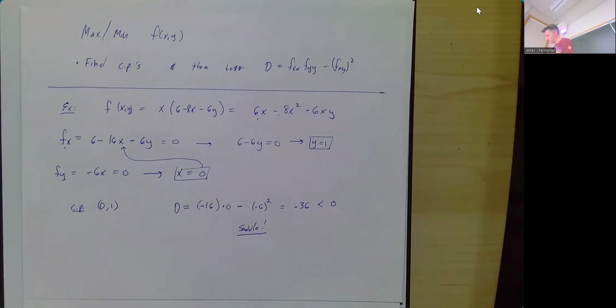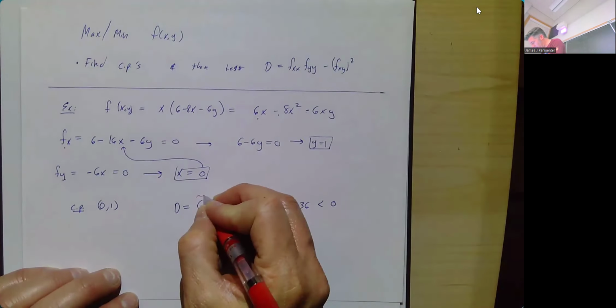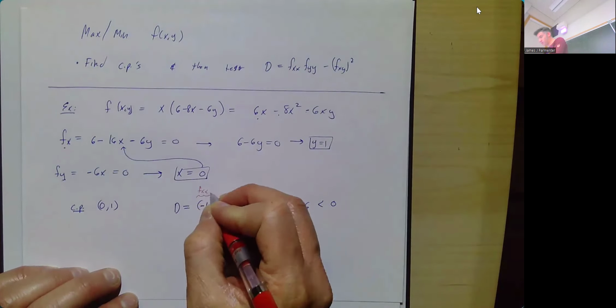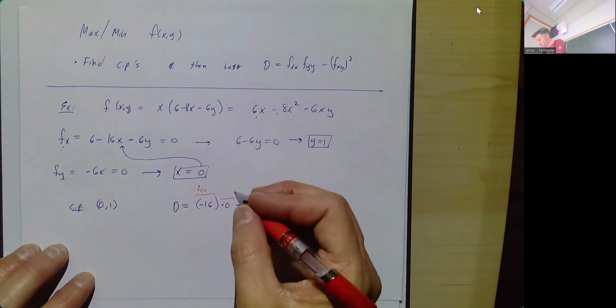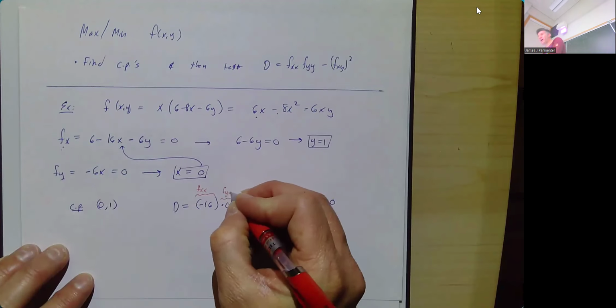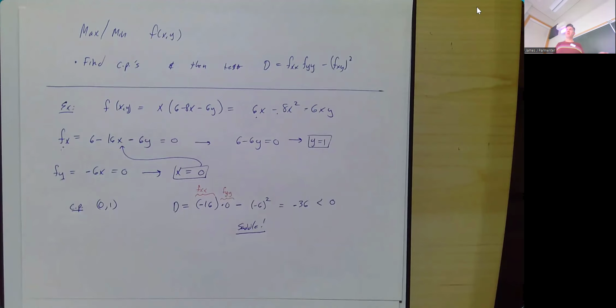So I'll remind you, this negative 16 is my fxx. I just took the derivative of fx with respect to x again, and the 0 is fyy. Well, fy is negative 6x, so the derivative of that with respect to y is going to be 0, because there aren't any y's to give us anything here. Which is why I was worried, because if one of them is 0, that whole part's 0, and if your other part is also 0, then you have problems. In fact, I will point out